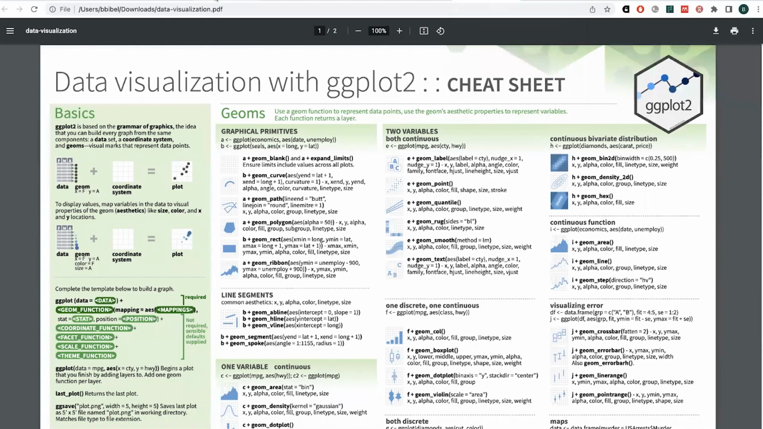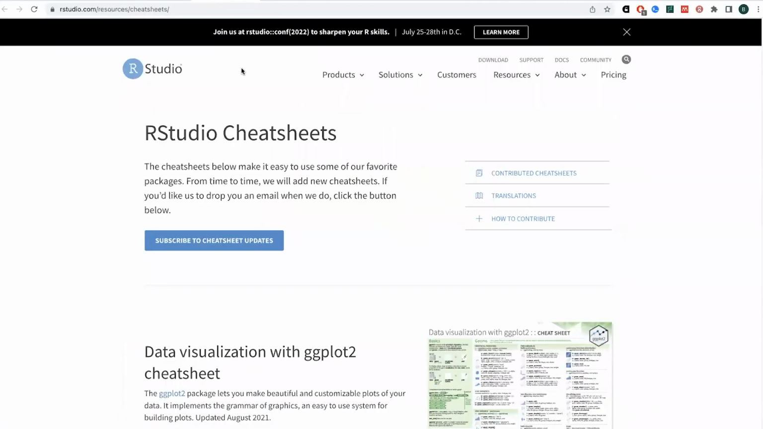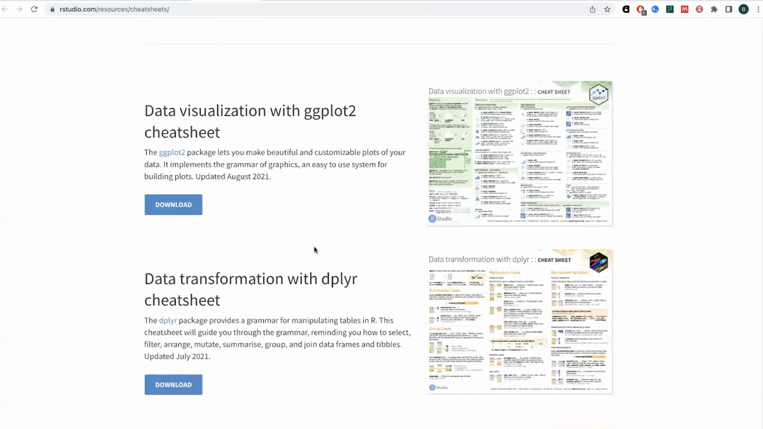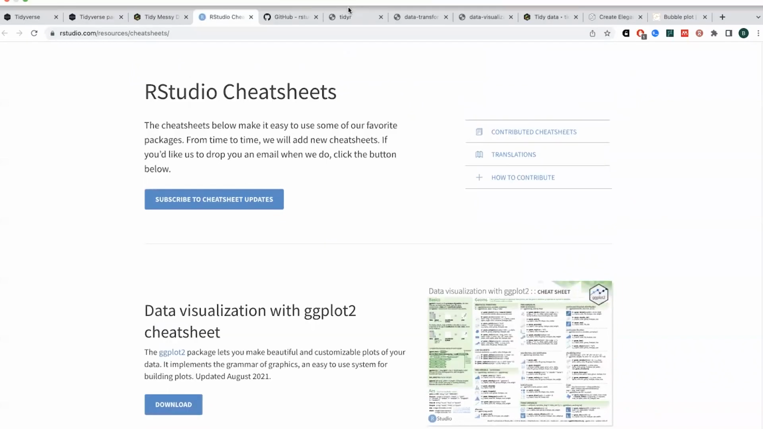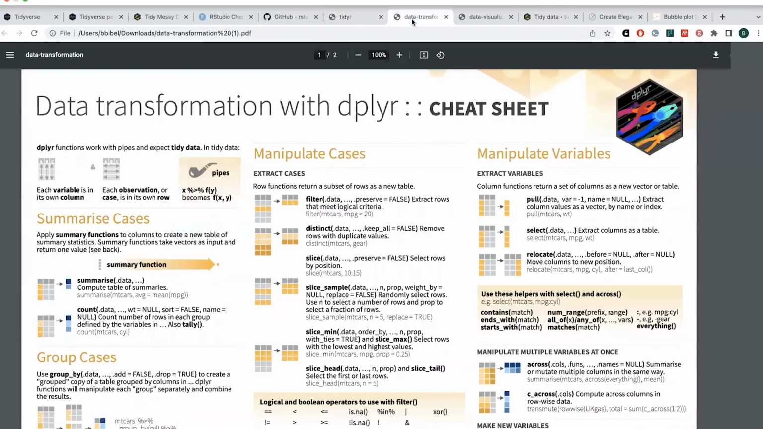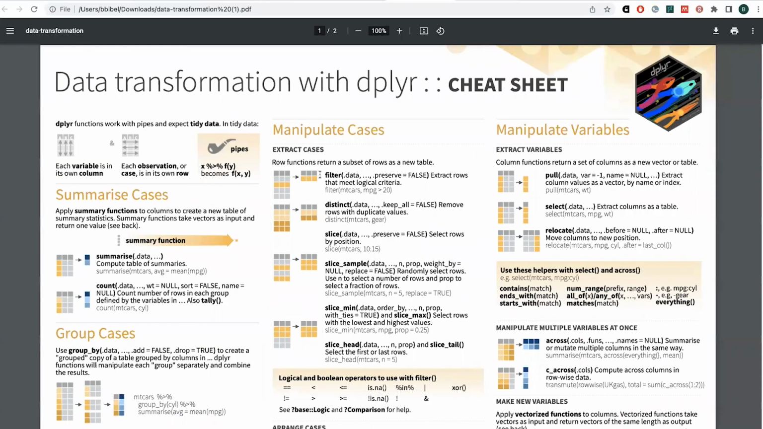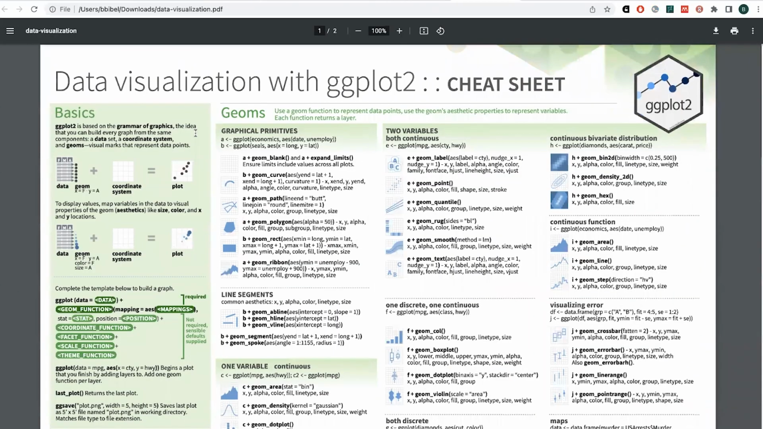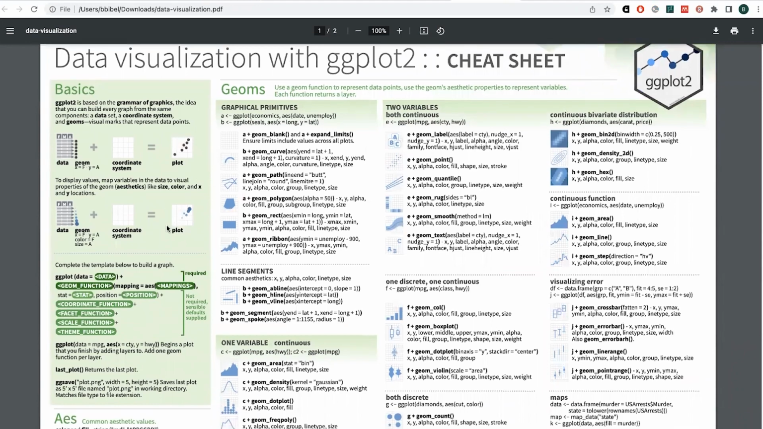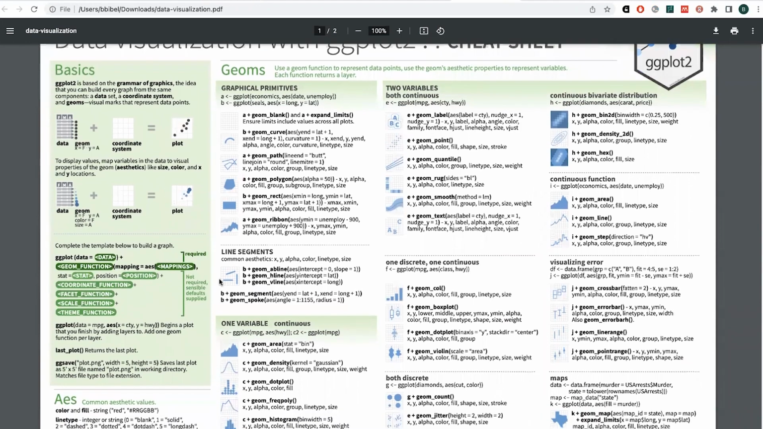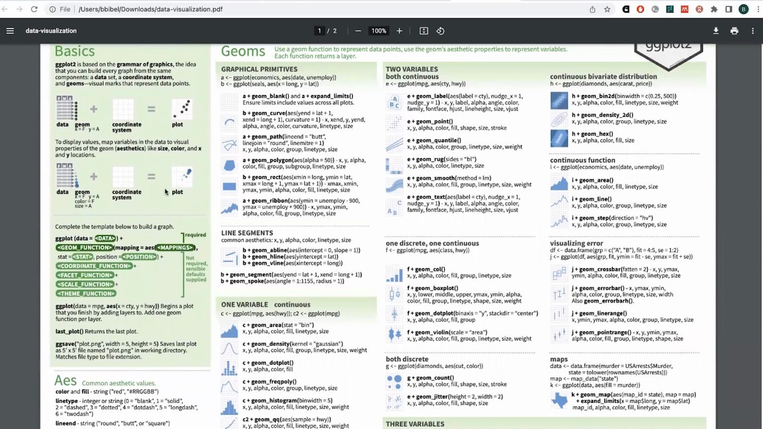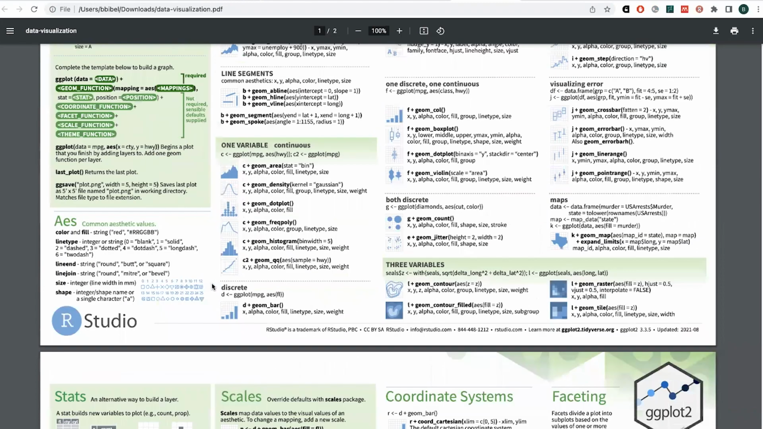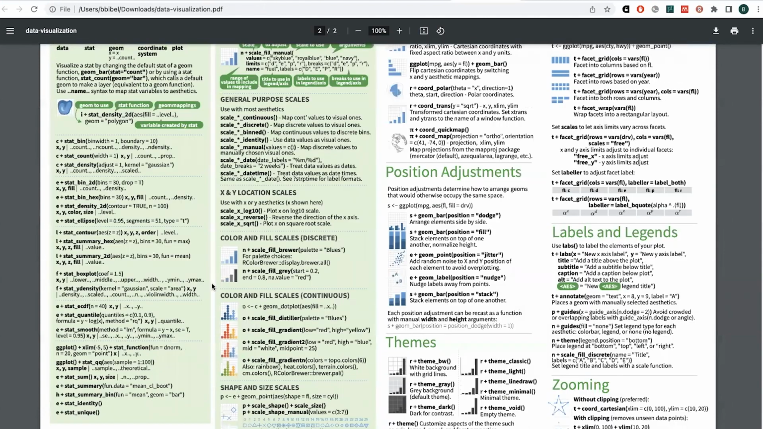There are these helpful cheat sheets from RStudio for these different packages, including ggplot2. It is very weird. You have to really get used to it, and I have not gotten used to it yet. But thankfully there's this cheat sheet. Basically you have to define the aesthetics and the geometry, and I don't know. It's very confusing, but it can give you really cool looking graphs,